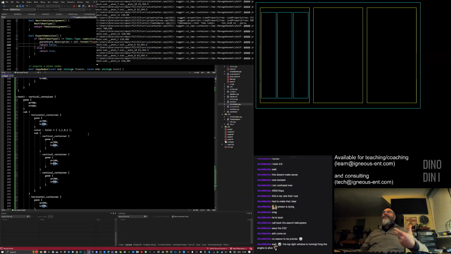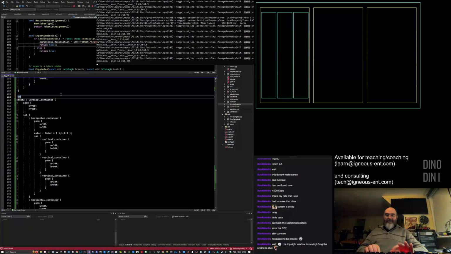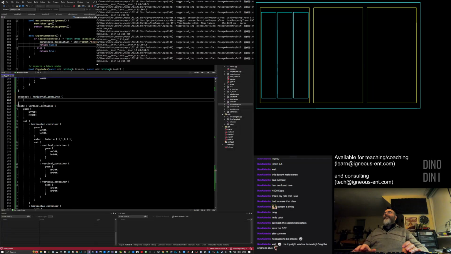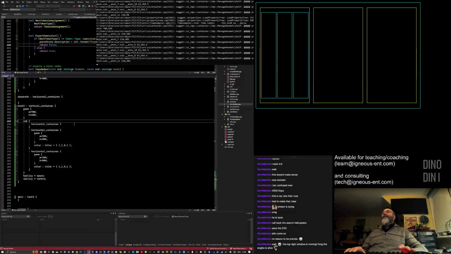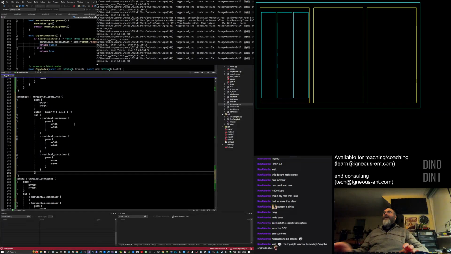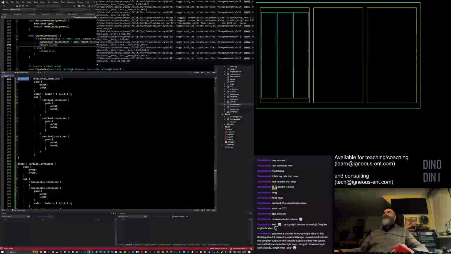Now, of course, if I have to repeat this, this gets a bit tedious. So what I could do is put a deep node, which is this first one, a horizontal container. And this is going to contain all of this, like so. And then I paste it in here. And now we've got some inheritance going on. Deep node is the equivalent of this. So all I need to do is say